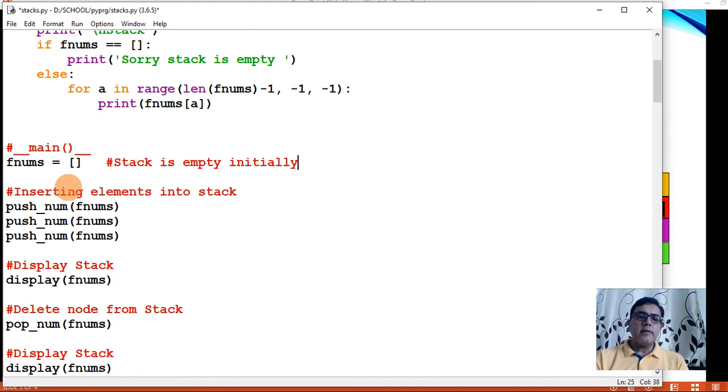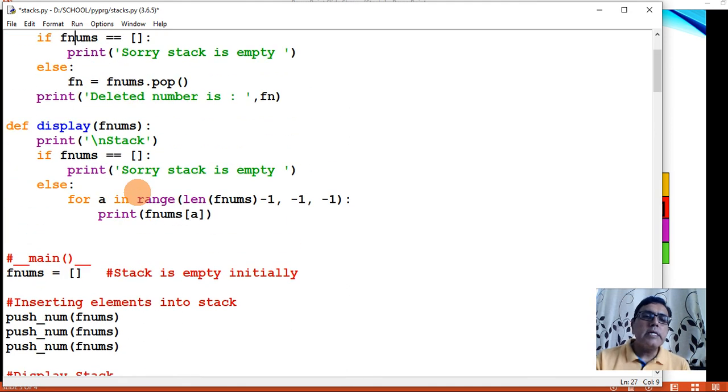Then the first operation, I will push an element or a node in the stack. For that I have created a function named push_num, and I have given this stack, this list, to the function named push_num.